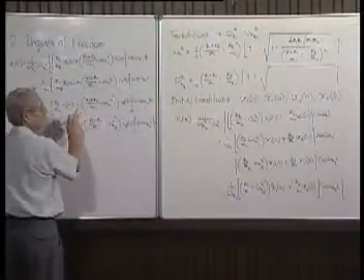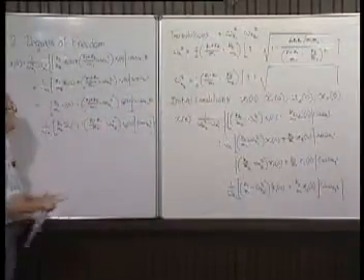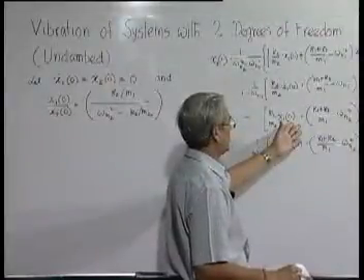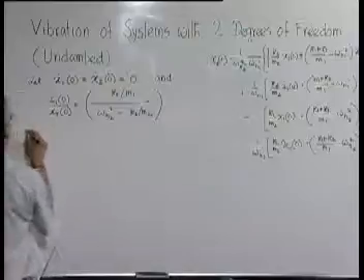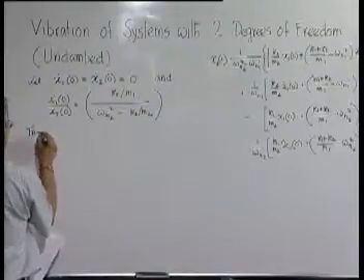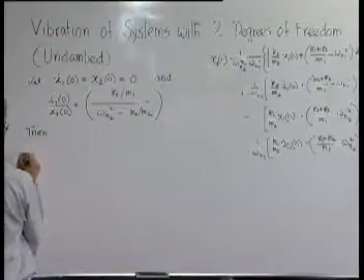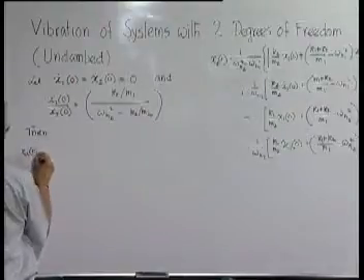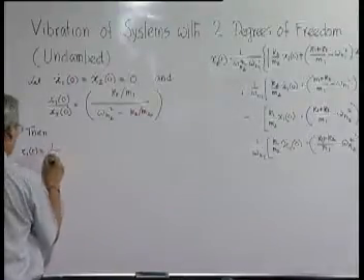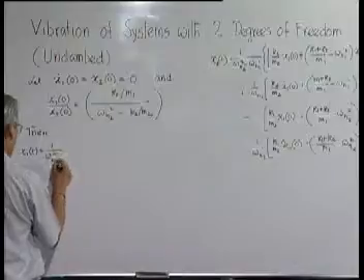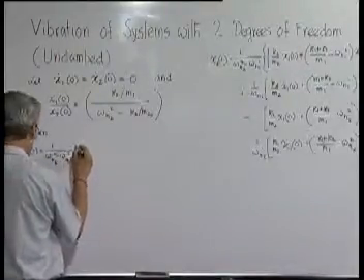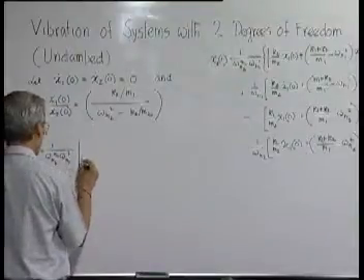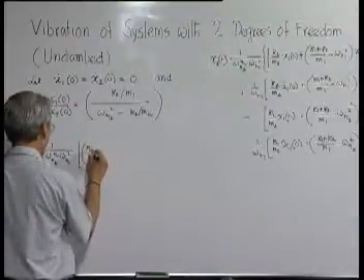You will find that this term is going to be 0. And similarly, if we substitute this here, we can easily show, I am avoiding the algebra, that this will be also 0. So therefore, the solution will be then